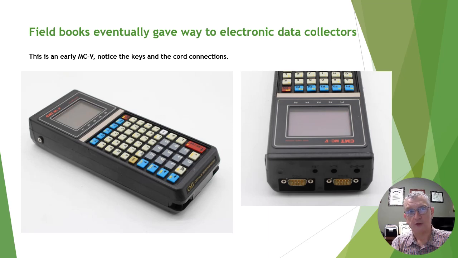So once they figured out how to display these angles that were being generated by these sine cosine encoders, somebody realized we're producing electronic data, alphanumeric. Maybe it's bits and bytes, but it was being transmitted from the EDM to the display. It was being transmitted from the sine cosine encoders to the display. Somebody said, why can't we just transmit this to a device to record it?